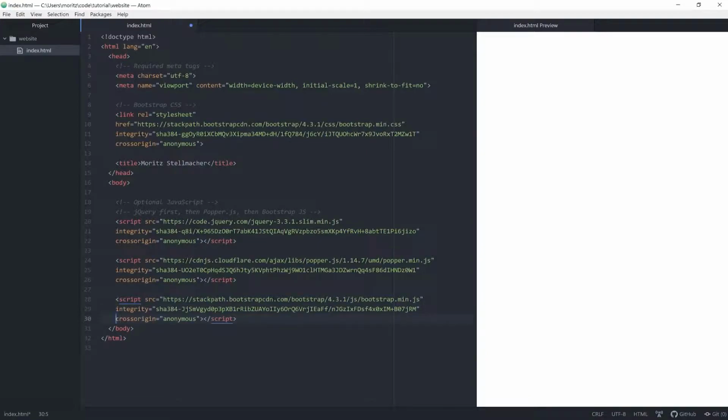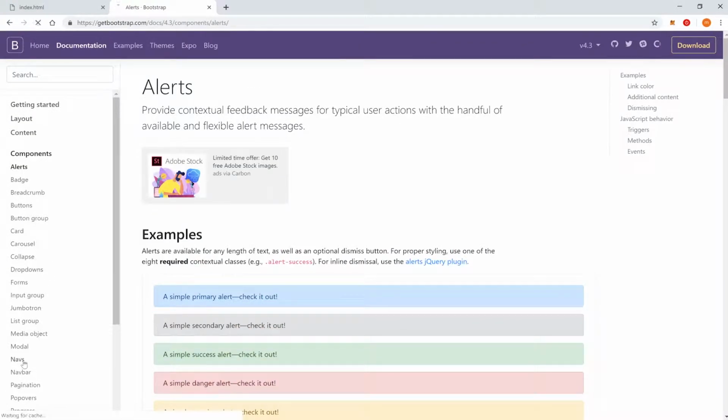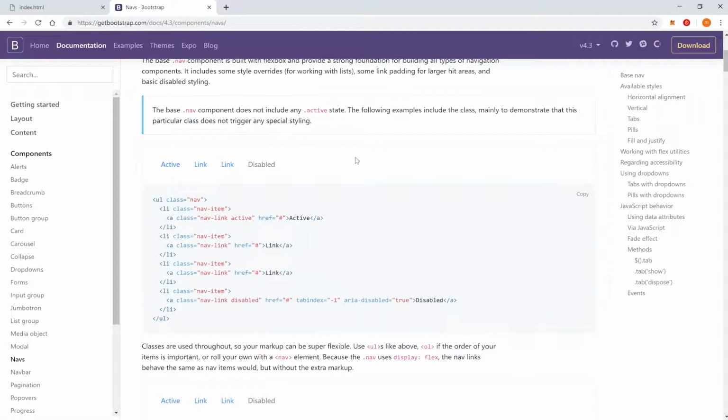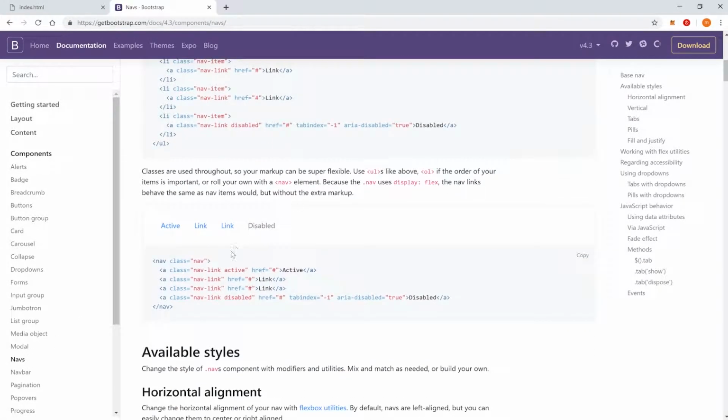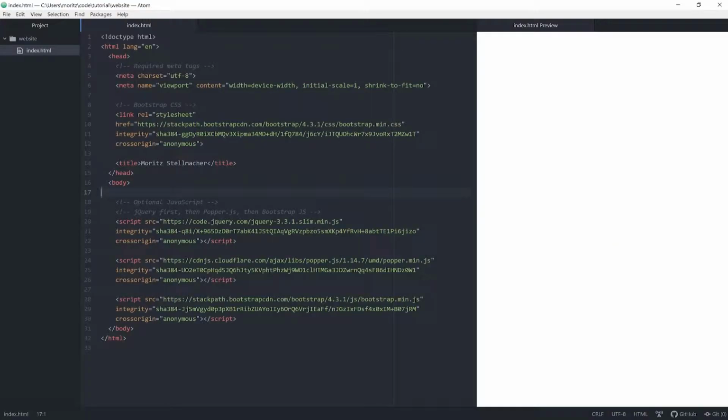Great, that's it. Now everything is set up and we can start with the content of our website. On the top you usually have a navigation bar. We will also use the element, but instead of using it for navigation, we will put our social links inside it. Let's go to Bootstrap, and inside the component we can look for a navigation bar. This one looks nice and simple. Let's copy it and paste it in our index.html.